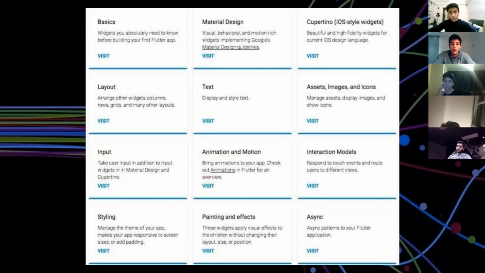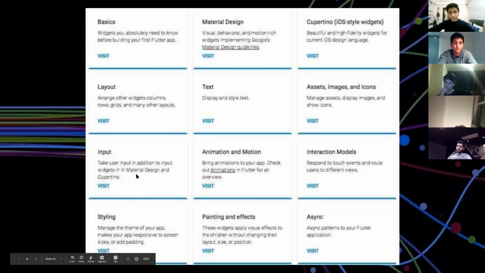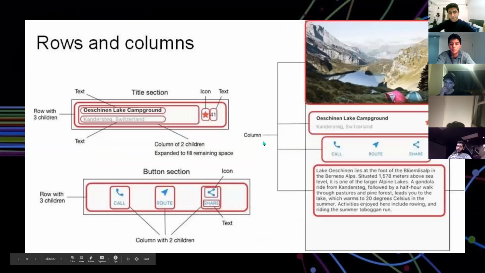These are all things that add life to your app. Styling is great for making your UI more approachable to the user. Same with painting and effects. And async, we'll get to how to do asynchronous programming inside of your app a little bit later on in the presentation. Rows and columns, these are a big one for